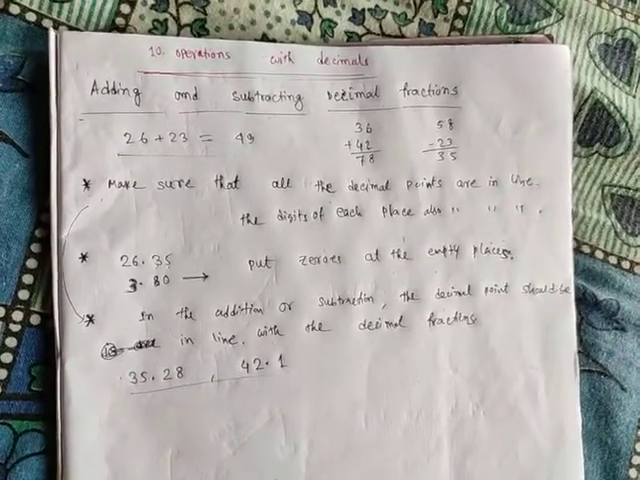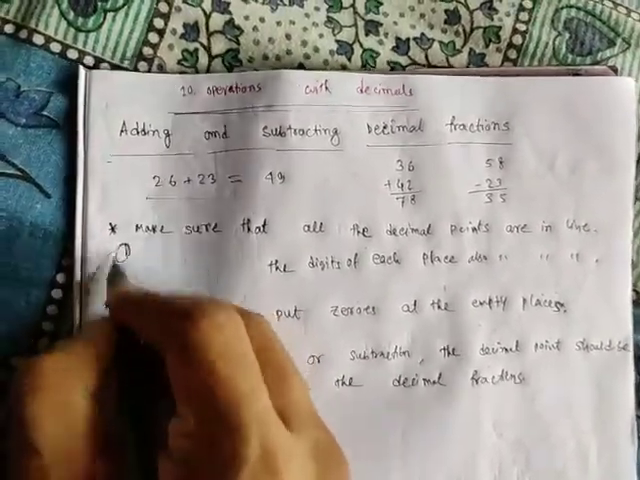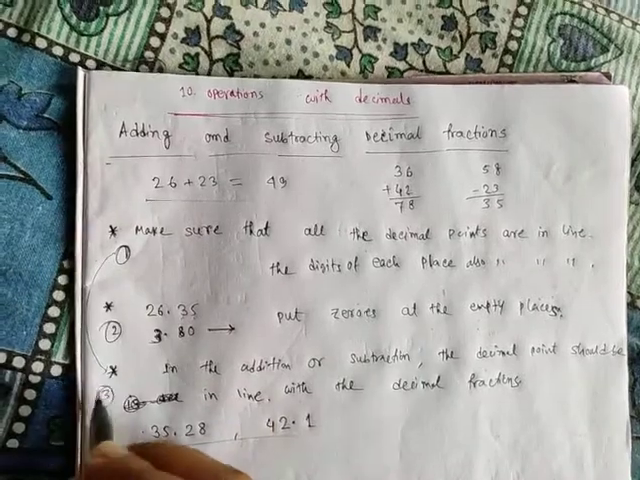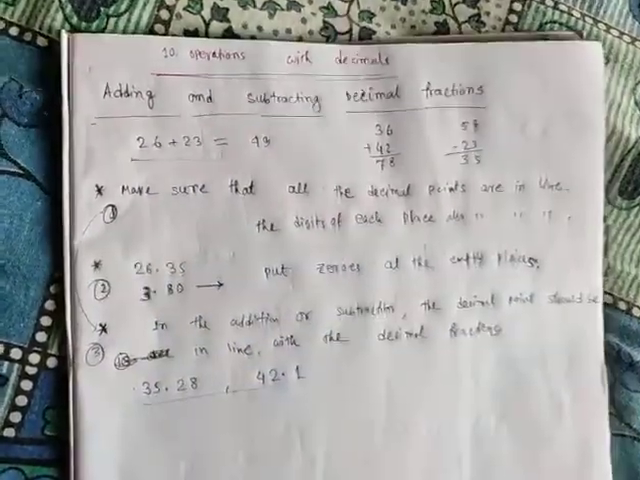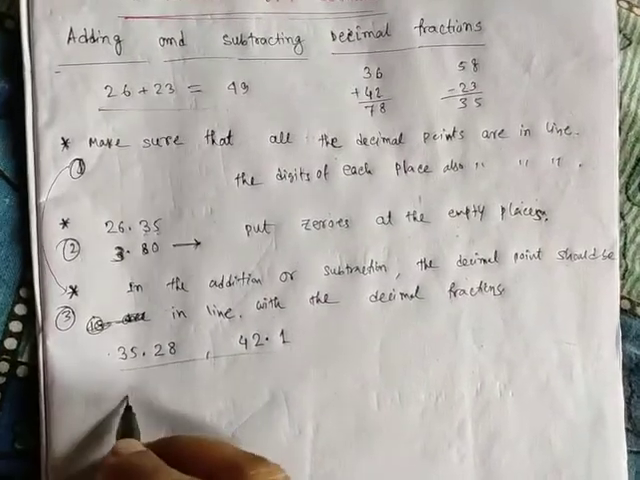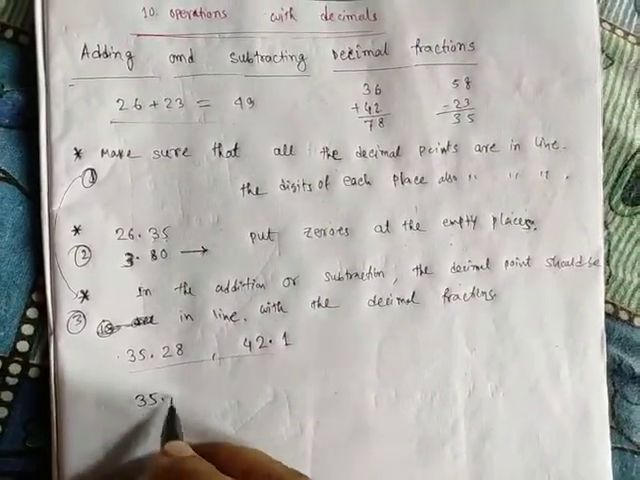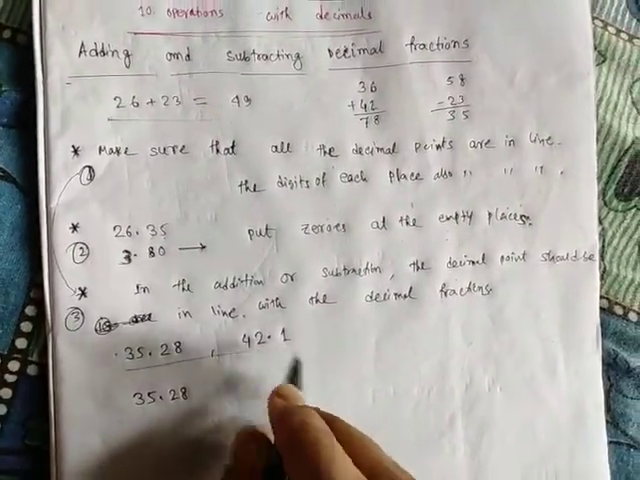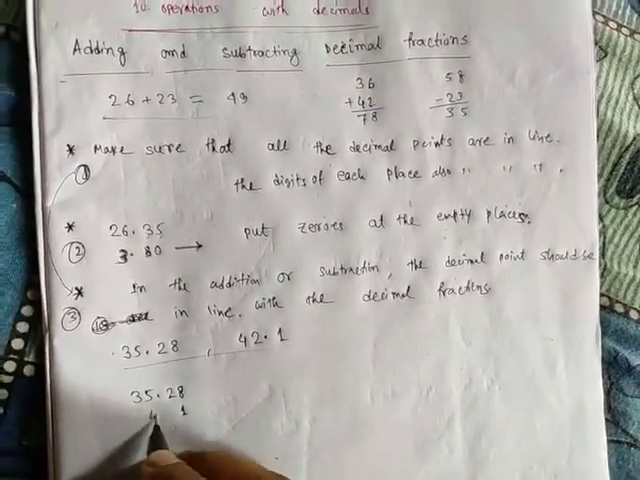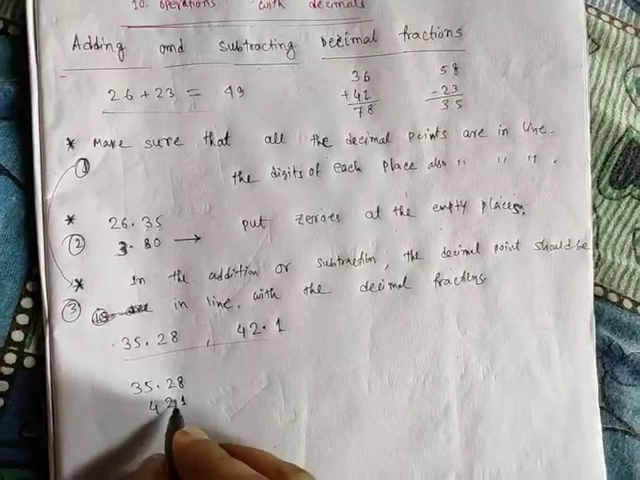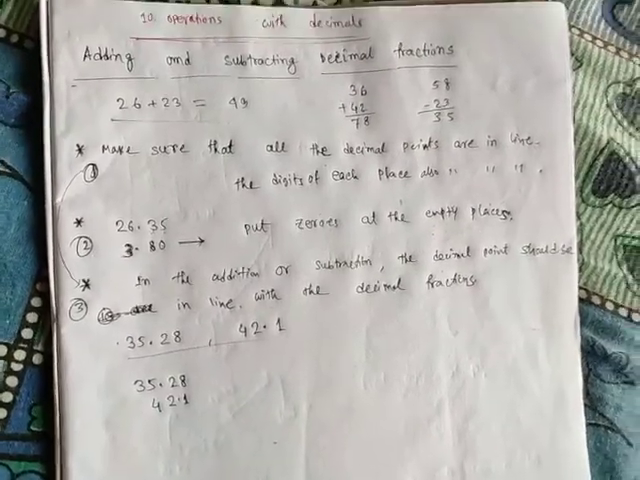Okay, then what will you do? First point, this is first, this is second, and this is third. Make sure that all the decimal points are in line. So to understand this, first just write down 35.28. If you write 42.1, that means 142. So here the decimal point...